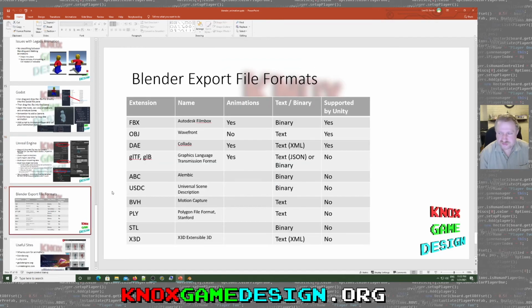So a little bit about the file formats in Blender. I went through each of the exportable file formats. The one that most everybody uses is FBX, which is Autodesk Filmbox. Now this, from what I've read, is a proprietary format. I don't know if it's like MP3 or GIF where you're supposed to pay to use it or whatever, but